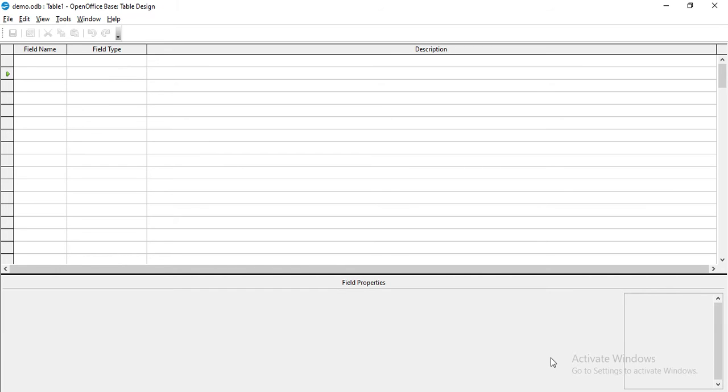For example, the table contains the name field and the data type of the name is text, that is varchar. You can specify the length of the field values in descriptions.